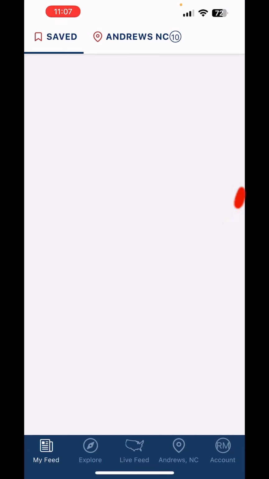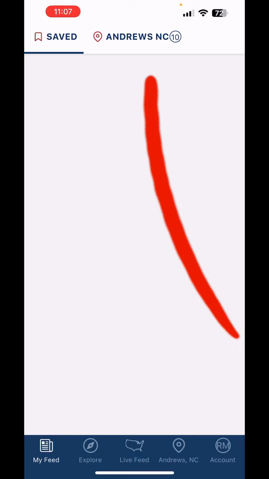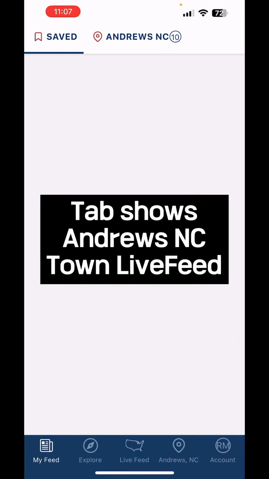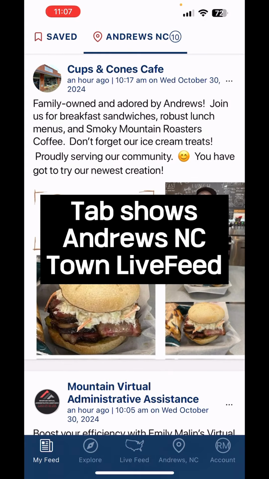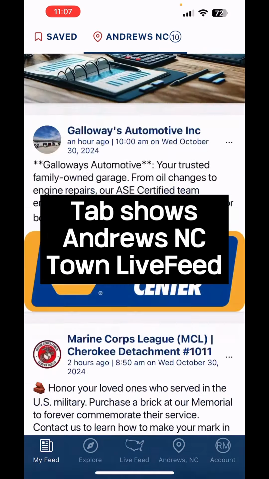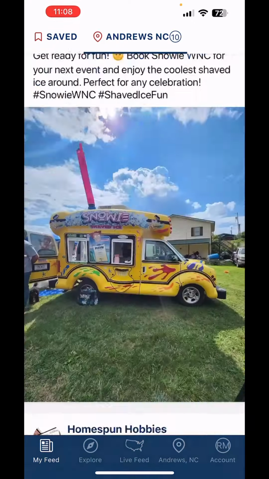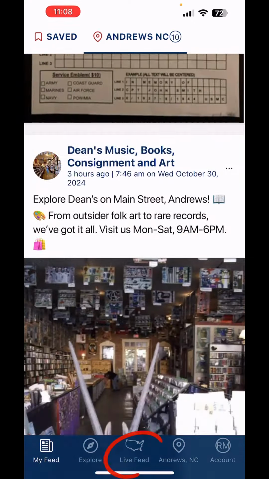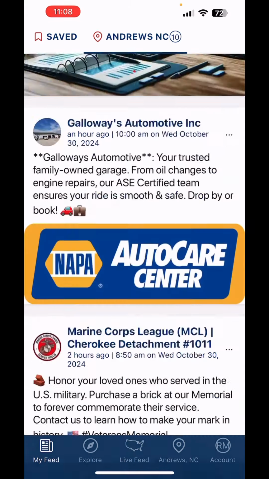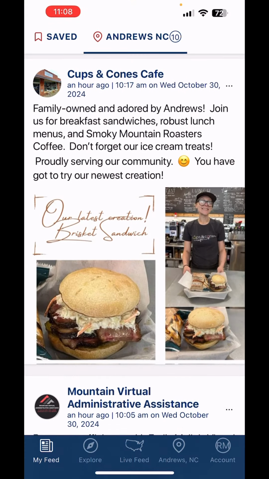Today we're going to start with my feed folder here. You see I have saved Andrews NC 10, and that 10 means 10 miles from the center of town. It shows everything in the feed when I click on the tab. This is all the storefronts' announcements that are put out there, and it goes into this nationwide live feed as well as the Andrews feed if you're within 10 miles from the